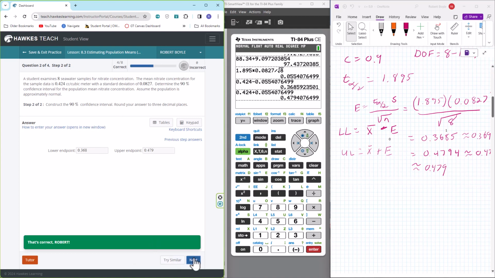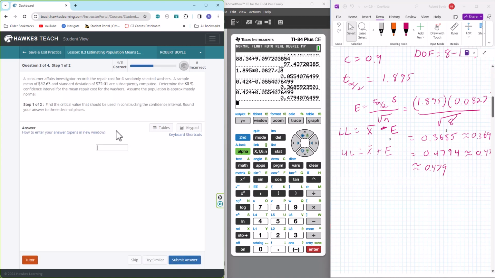Okay, now the next two problems I'm going to do using a calculator. So here we have a consumer affairs investigator records the repair cost of 4 randomly selected washers. So N is equal to 4. The sample mean turns out to be $52.63. So X bar equals $52.63, and the sample standard deviation, that is sample, is